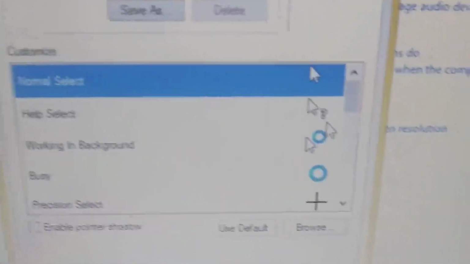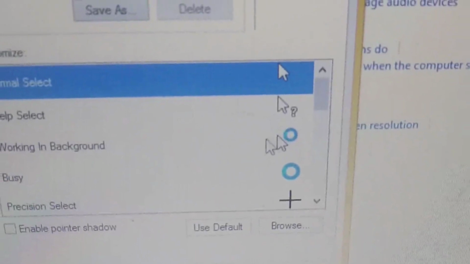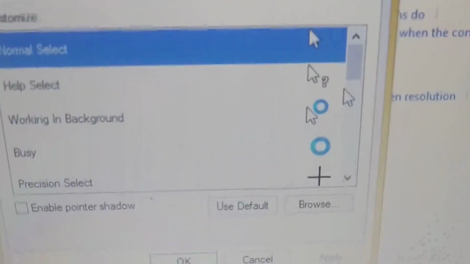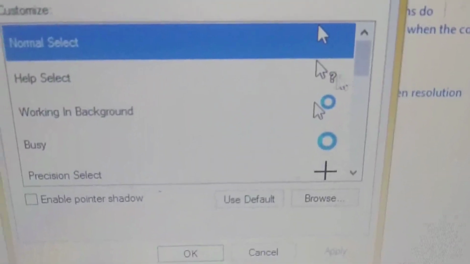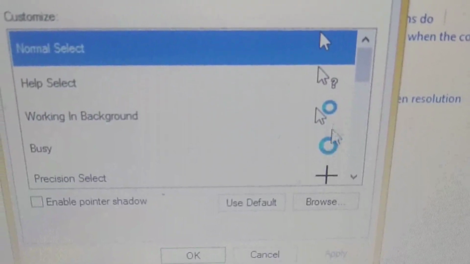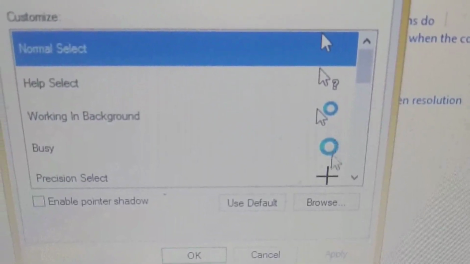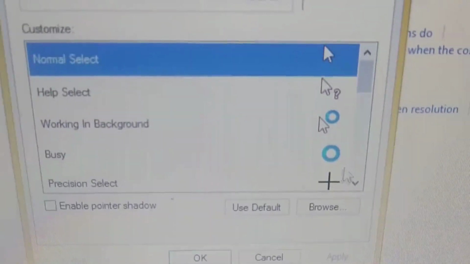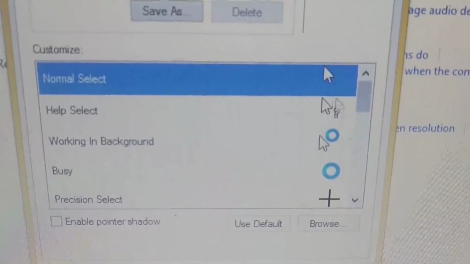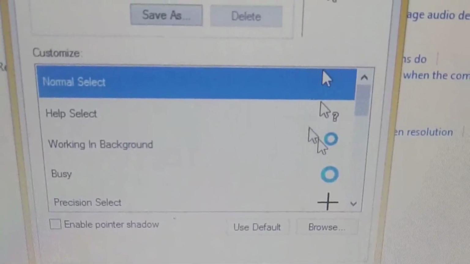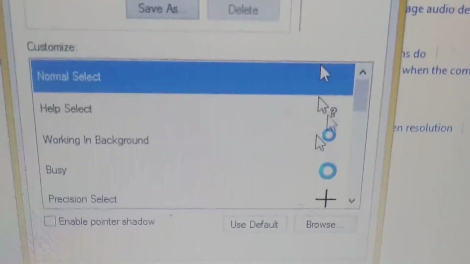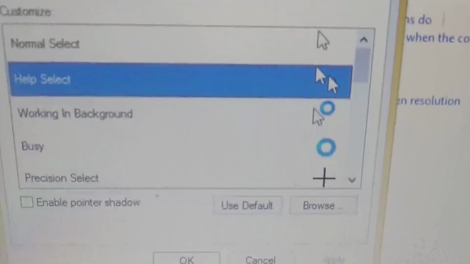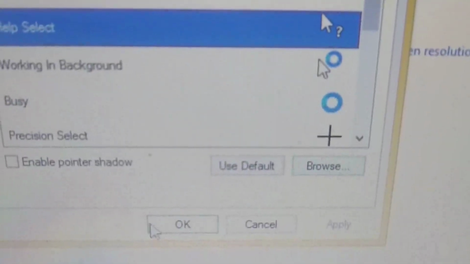That means you are seeing different shapes of the mouse. The first is a simple arrow, another is an arrow with a question mark, the third is a circular ring of blue color, and the fourth is also a circular ring but bigger. So these are the different pointer shapes. We can select any of the shapes. Let us select the second one, and then okay.